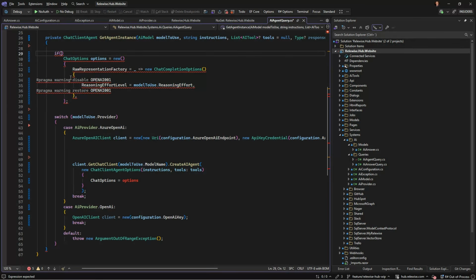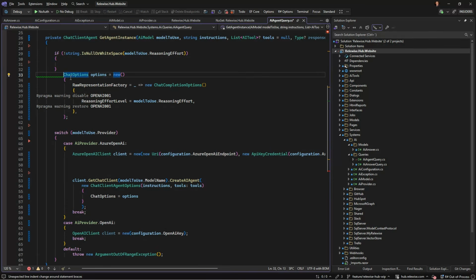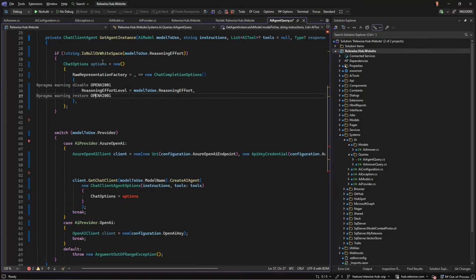So I will just say model to use dot reasoning effort string dot is not a white space. Let's make the options like this. Let's quickly take this out.